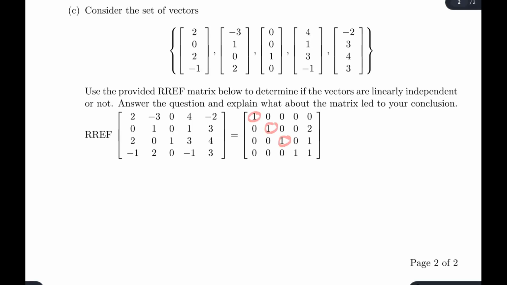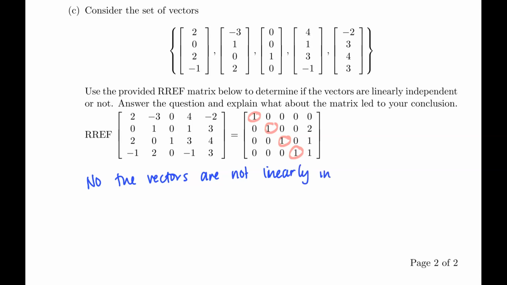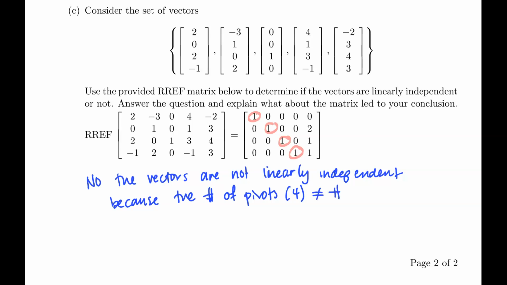1, 2, 3, 4. So this would span if this had been a question about R2, but it's not a question about R2. It's a question for R4. It's asking if these vectors are linearly independent. And no, the vectors are not linearly independent. Because the number of pivots, 4, does not equal the number of columns or vectors,